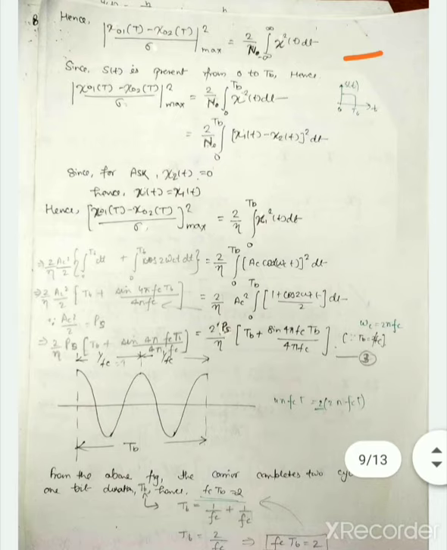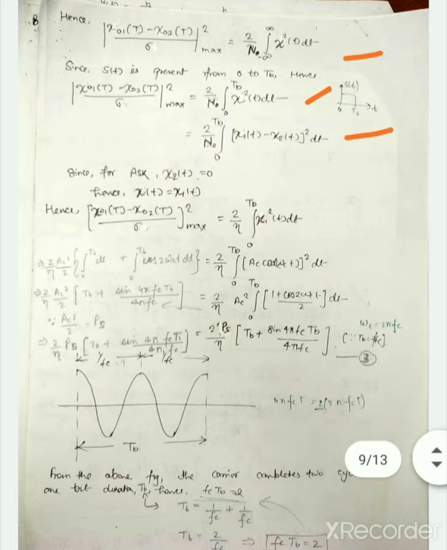So you can see here that we have changed the limits of integration in this equation, and the equation becomes 2 by N0 integration of x squared(t) dt, where the limits are now from 0 to TB, and it is clear why we have changed the limit here to 0 to TB. Now we know that x(t) can either take the value of x1(t) and x2(t), so we can represent x(t) by x1(t) minus x2(t). So here you can see we have substituted the value for x(t), that is x1(t) minus x2(t), and because there is x squared(t), we will take the square of this value.